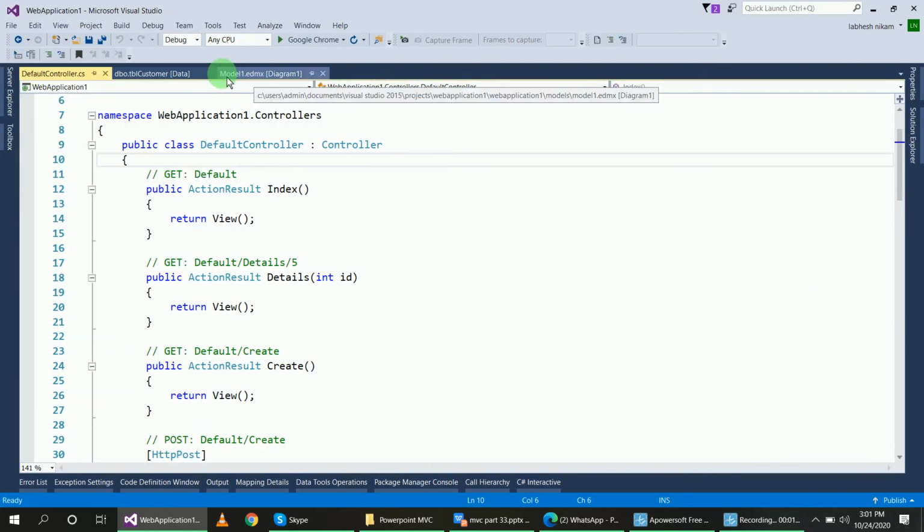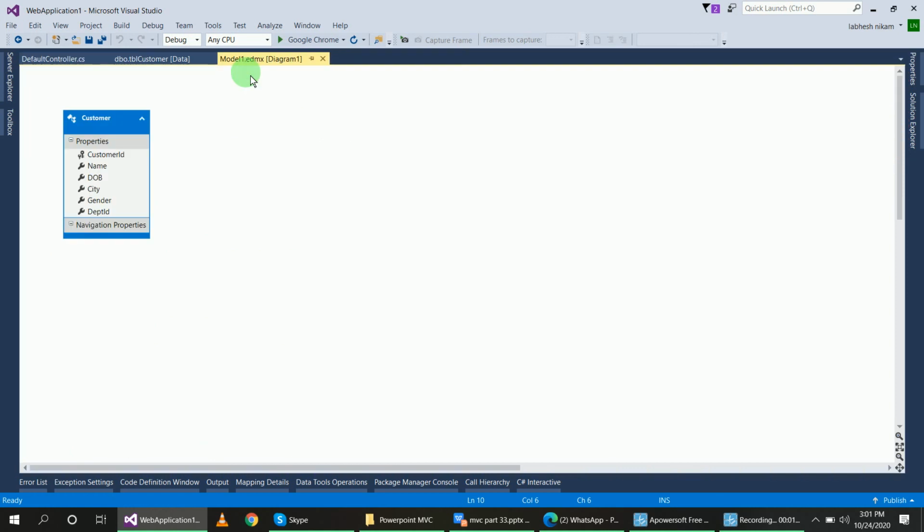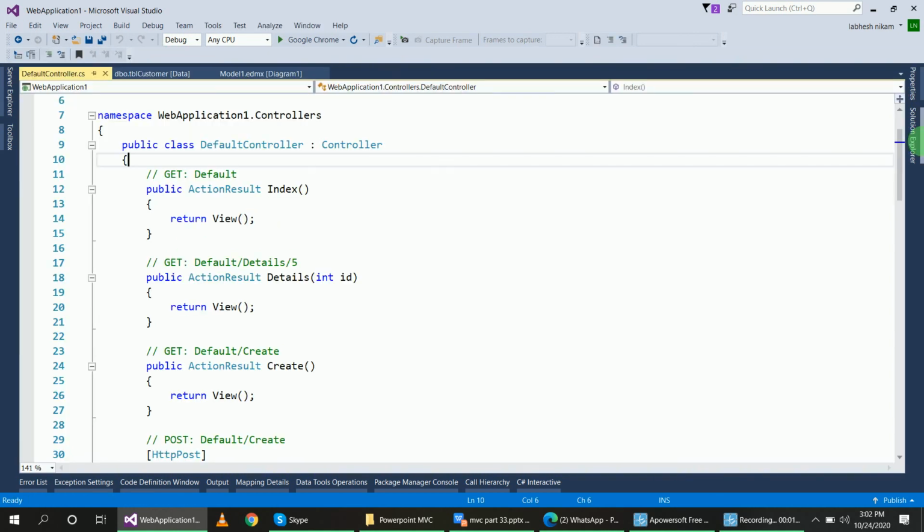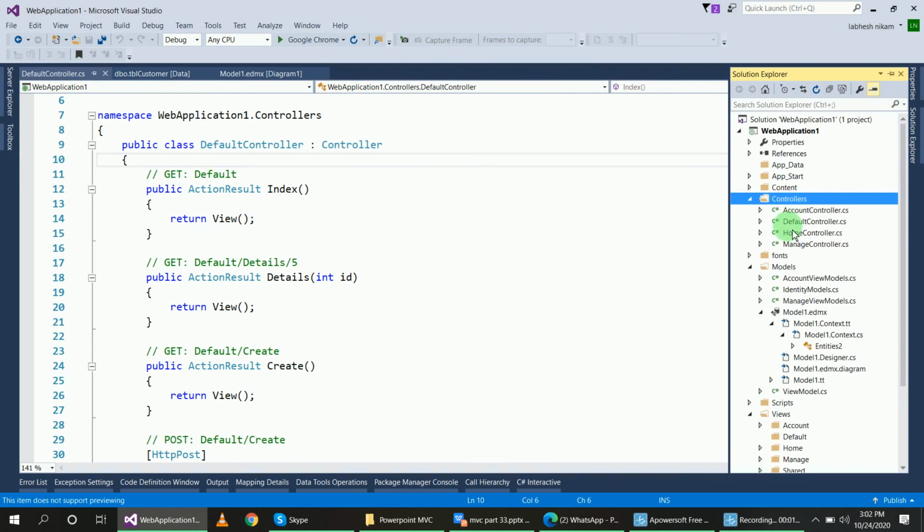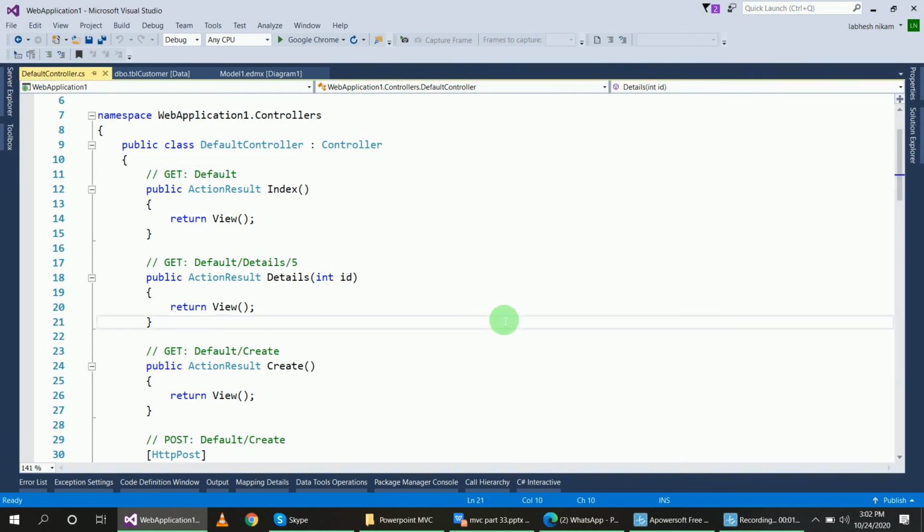This is the data entity model I have created for the customer class, and this is my default controller, which has read and write methods. I want a single record, and inside that single record I will modify the column name and date format strings.